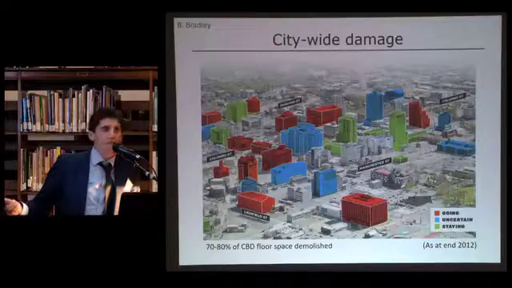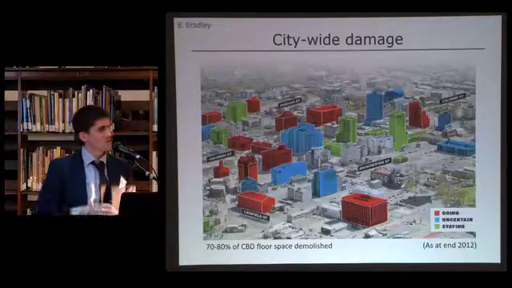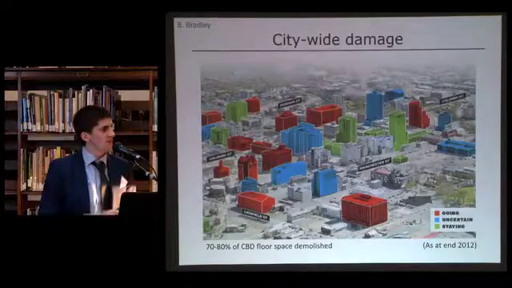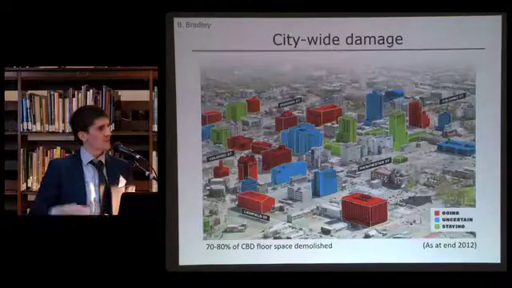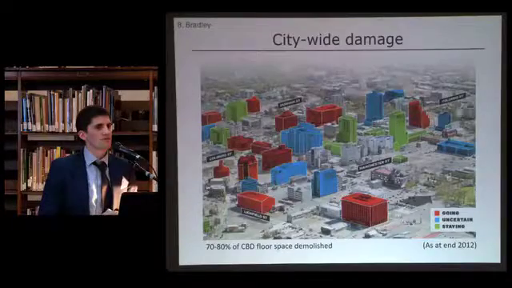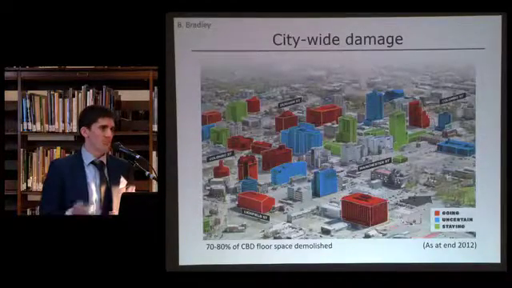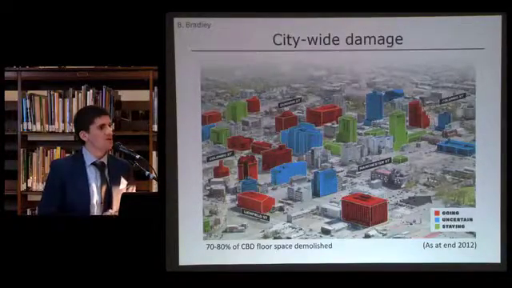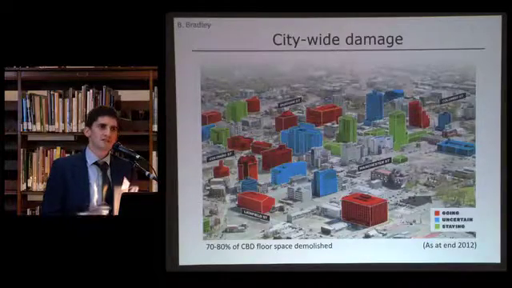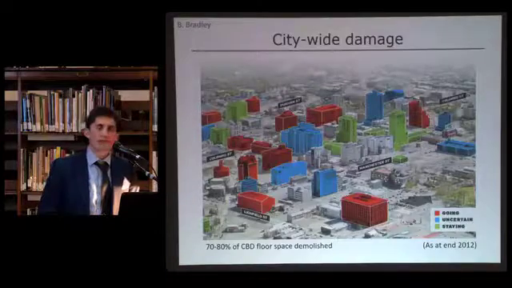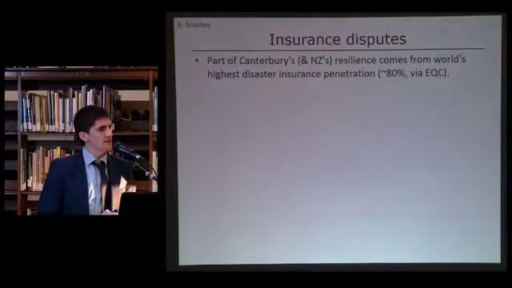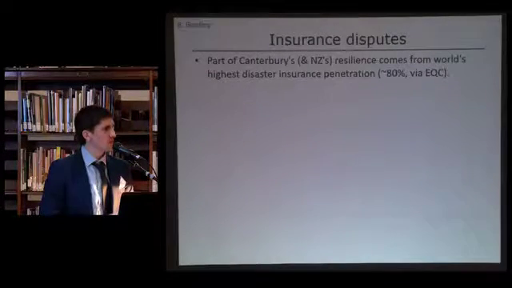I chose to use an image here from the end of 2012 just to try and give an indication that these demolitions obviously didn't happen immediately after the earthquake, that really they've taken 3 or 4 years for some of the negotiations around whether a building is repaired or whether a building is demolished to occur. One of the reasons for that, of course, was the discussions between building owners and the insurance contractors. Now, part of the resilience of New Zealand in responding to the Canterbury earthquakes has really been associated with the extremely high insurance penetration that New Zealand has.